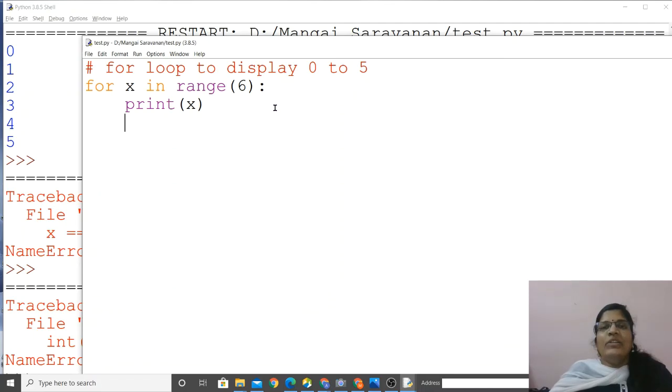You should understand the basic programming, like using arithmetic operators, adding two numbers, multiplying two numbers, subtracting, division, everything you should know how to do. Then you should know about if, if else, while loop, and for loop. Only this much is enough for you.